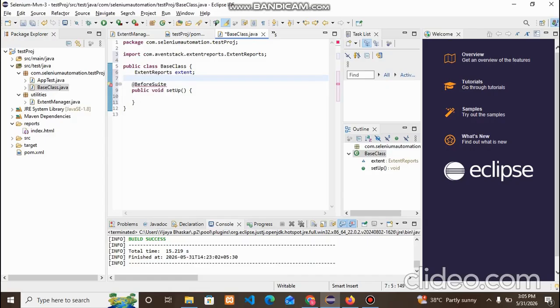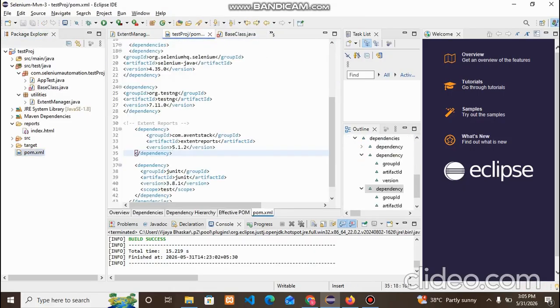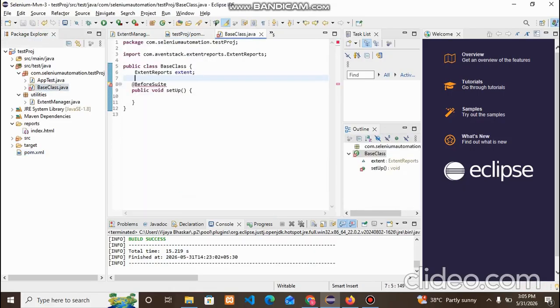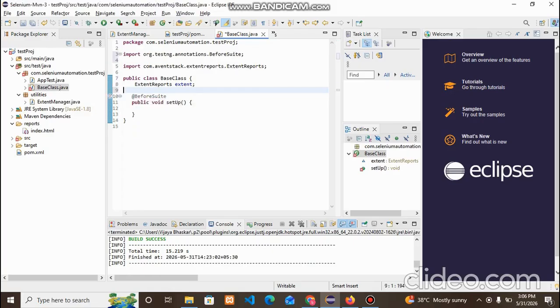As we already have the dependency for this, we are able to import the extent reports from the extent reports path, and we are able to import the class. Later we need to import this BeforeSuite, and later we can implement creating the report from